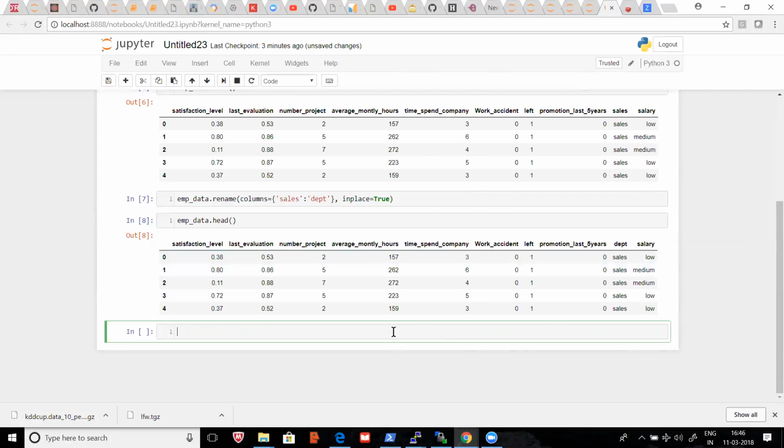Okay, so group by. Employee data group by, right? And then what will you write? You want to group by based on left. Group by based on left. No, group by based on department, and then sum of. Yeah, I mean group by based on left. You can do both ways actually. So if you do group by left,